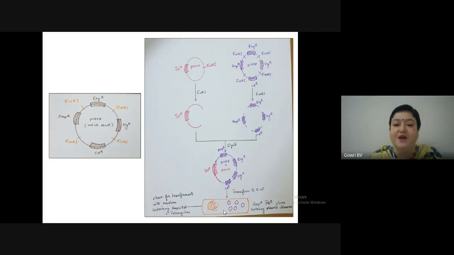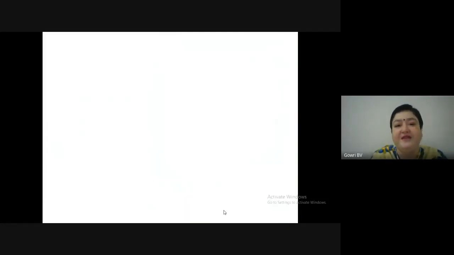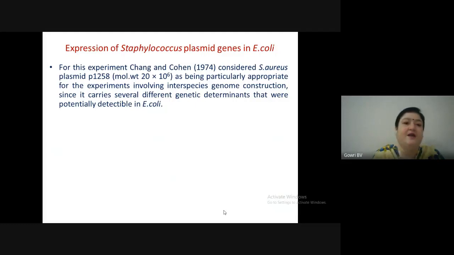Now this plasmid will have ampicillin and tetracycline as selectable markers, because now they are using 2 different antibiotics to select the recombinant cell. Now we will go to the previous slide so that you can understand. Expression of Staphylococcus plasmid genes in Escherichia coli. Two persons who played an important role are Chang and Cohen in the year 1974, who considered Staphylococcus aureus plasmid